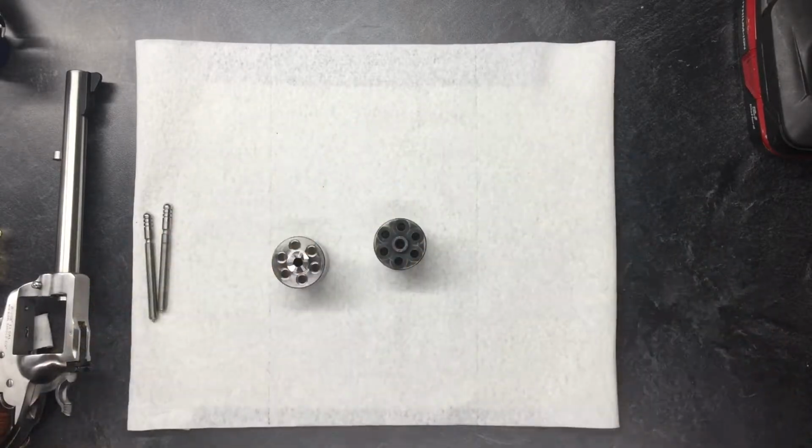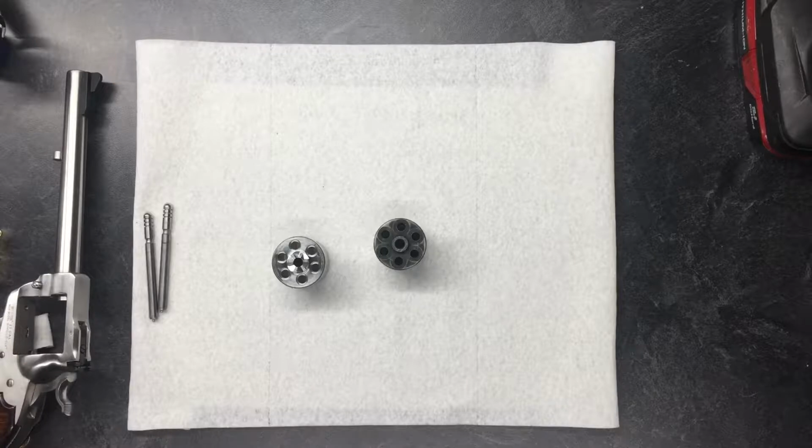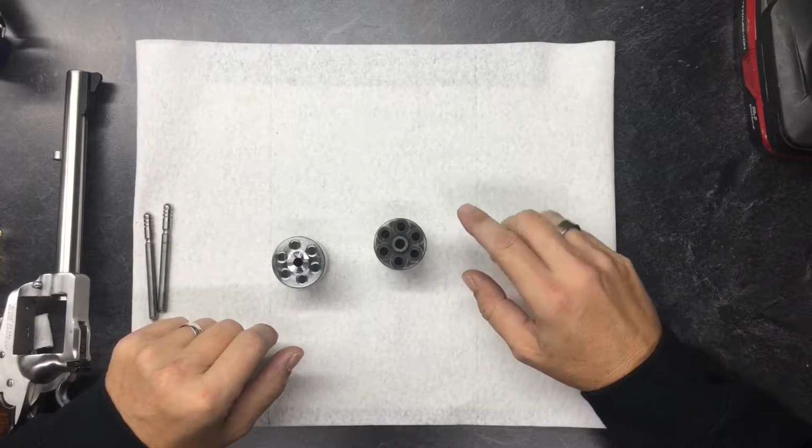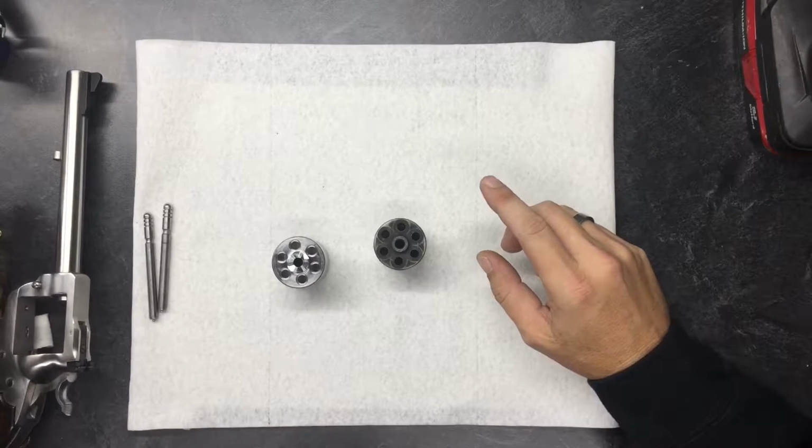Alright, so one of our cylinders has been through the cleaning process and the other one has not. So to get us started here, we're going to go ahead and clean this cylinder up. But before we do that,